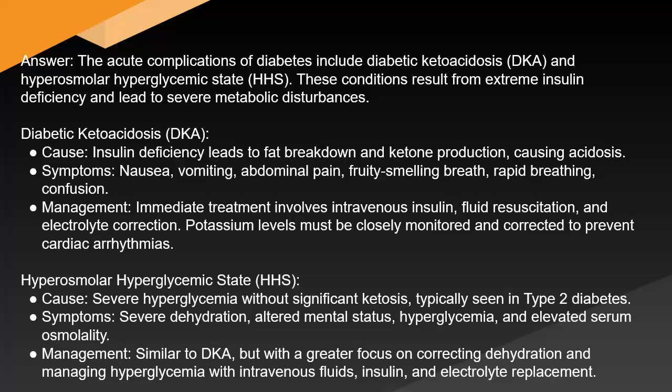Hyperosmolar hyperglycemic state (HHS) cause: severe hyperglycemia without significant ketosis, typically seen in type 2 diabetes. Symptoms: severe dehydration, altered mental status, hyperglycemia, and elevated serum osmolality. Management: similar to DKA, but with a greater focus on correcting dehydration and managing hyperglycemia with intravenous fluids, insulin, and